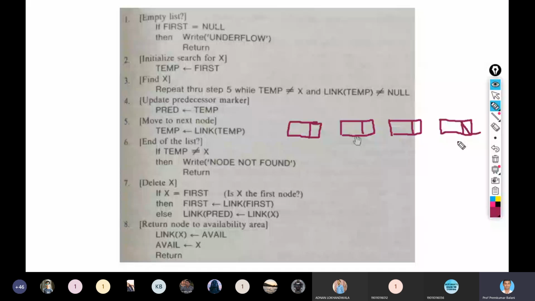The last node is pointing to null, and all other nodes are pointing to the next nodes.